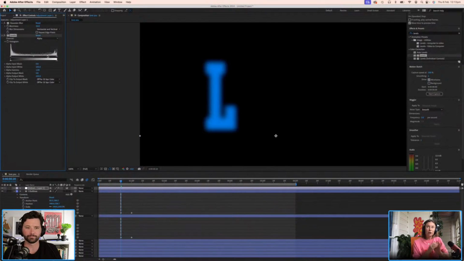Because we've applied that blur, we've now got all these different degrees of transparency within the layer. Before we just had crisp vectors, then we applied the blur and we've got all this feathering. And now the levels, if we pull in these little values, it's going to crisp that outline back up again.